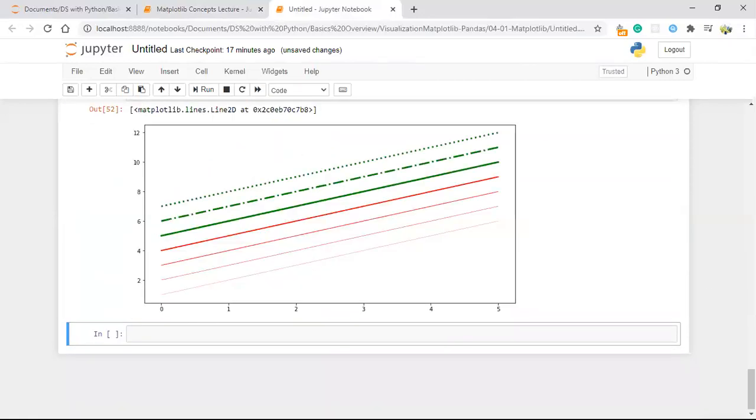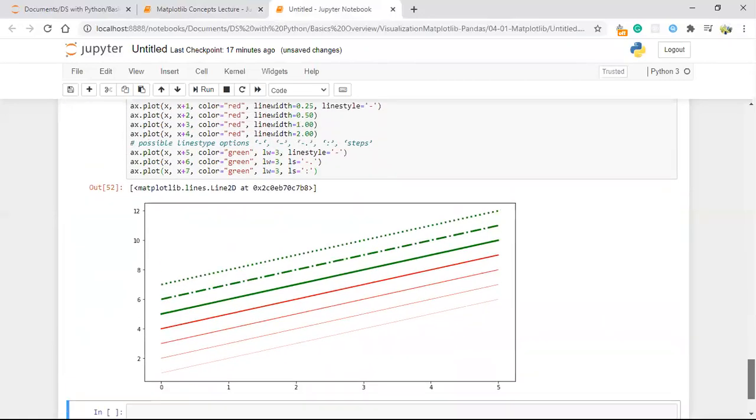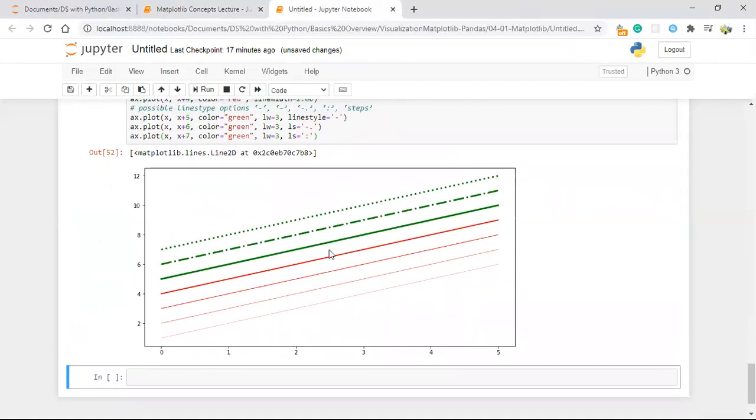See the line width. So line width is 3 and line style is hyphen, which comes exactly like this. The second line style is hyphen dot like this. The third one is only this. So we'll be making output like this. Okay. So like this we can make this output.